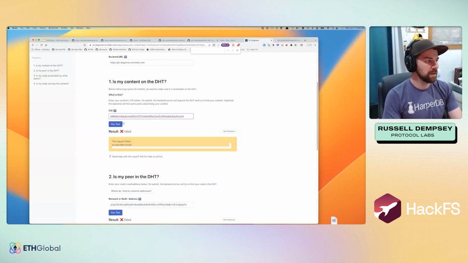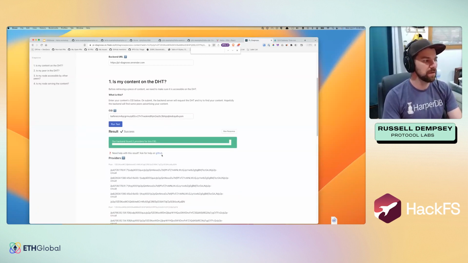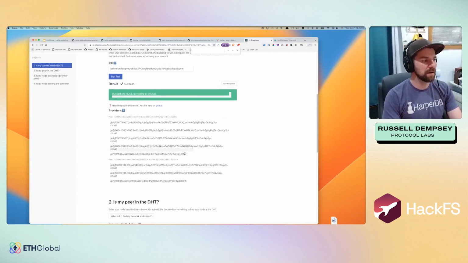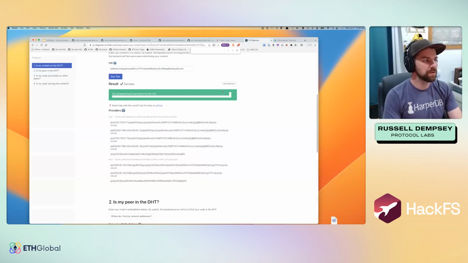And so Helia is like, that's the wrong CID. Something else. Maybe I didn't paste the right one. But yeah, so this tool will help you figure out is that CID actually available? And if this fails for some reason, your node isn't configured properly. So what we should be able to do is see now